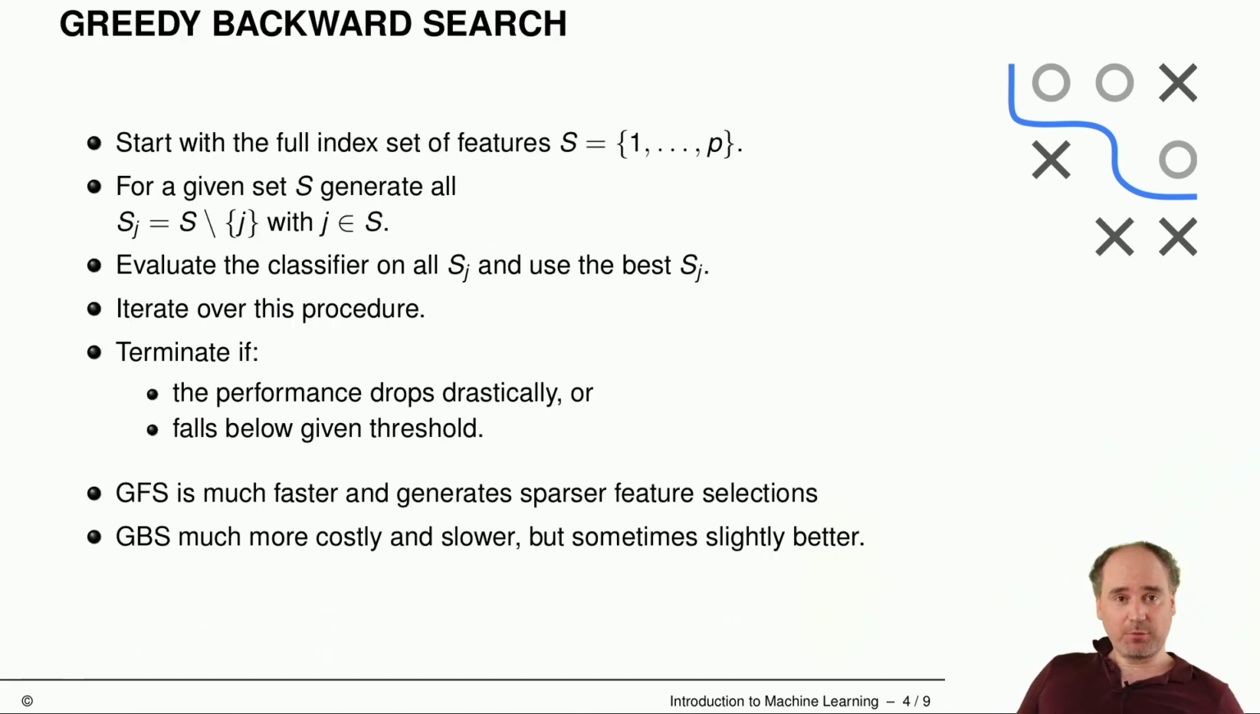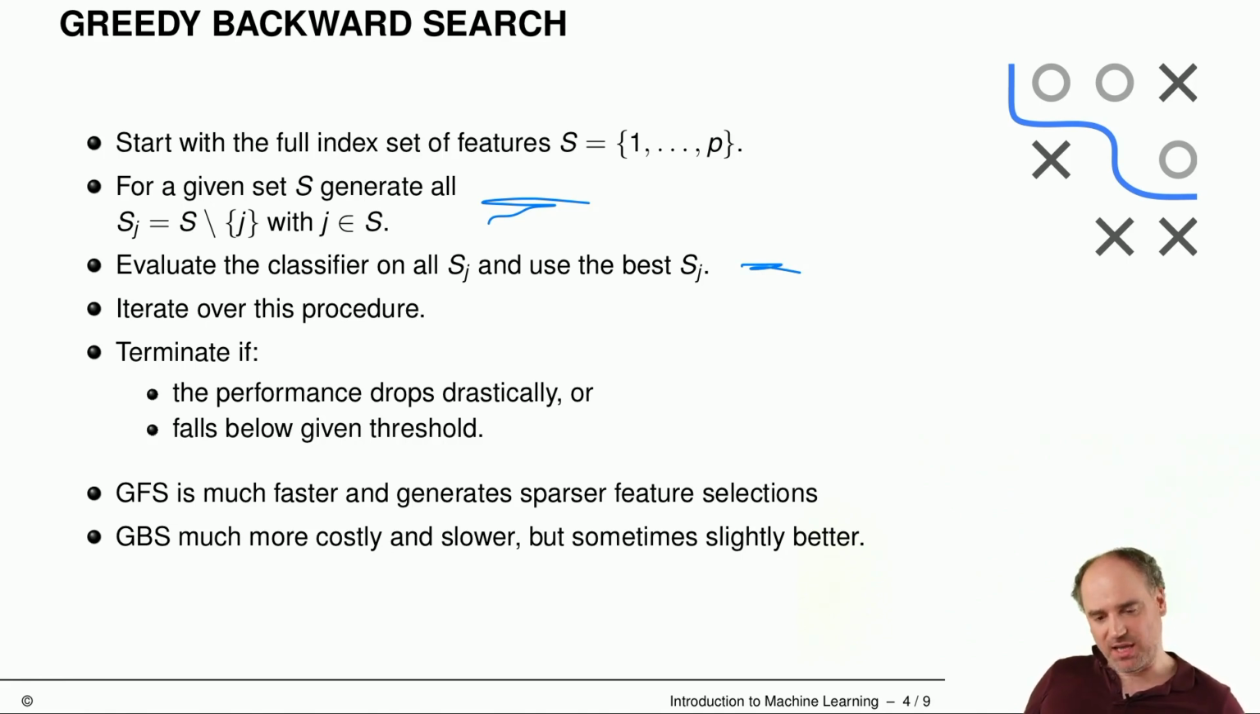There's also greedy backward search. So it works pretty similarly. We now start with the full set of features, and now we generate all feature sets where we have removed exactly one feature. Cross-validate that, evaluate that, pick the best one. So best one here would be the one where,